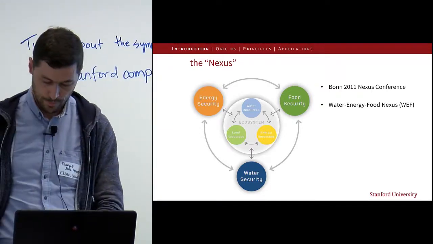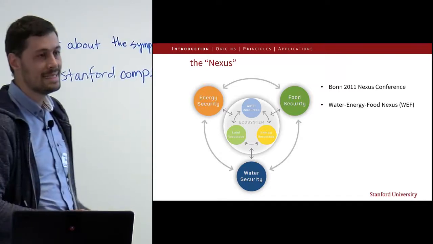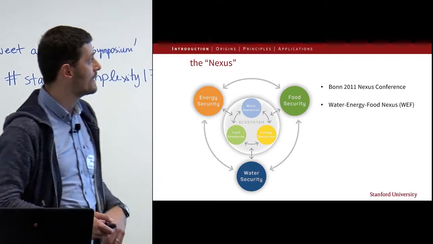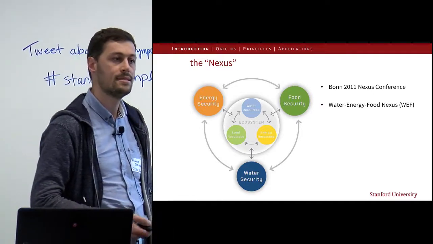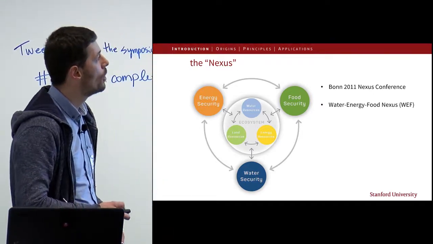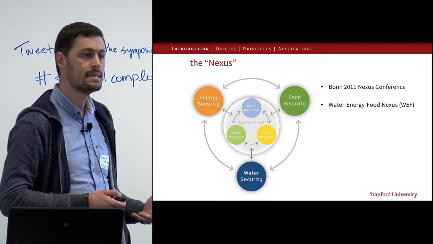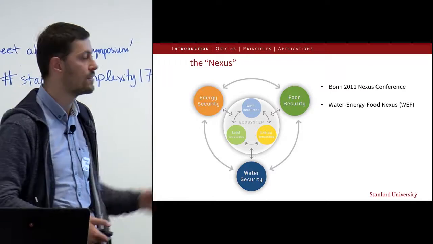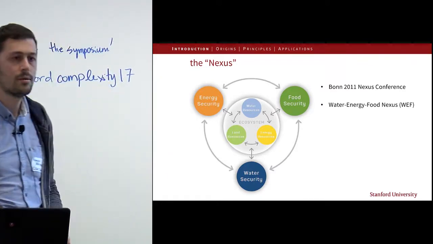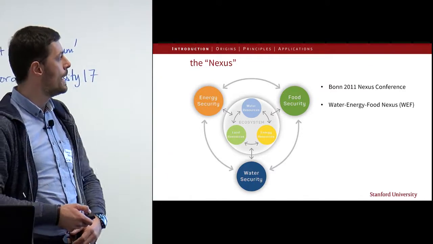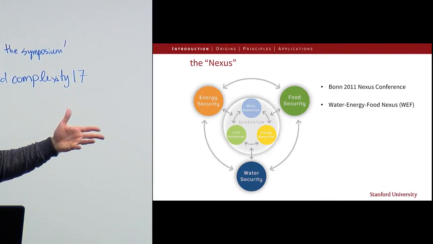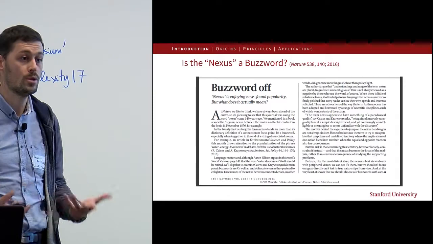this kind of approach. When dealing with sustainability assessment, you rapidly reach a problem that is called nowadays a nexus, which is basically a tension between energy security, food security, and water security. It's much broader than that, but this got a lot of popularity in recent years. But the problem is that it tended to become a buzzword, basically.